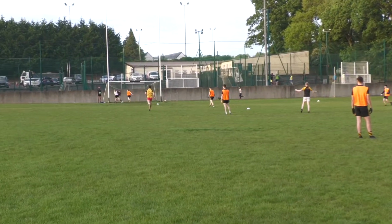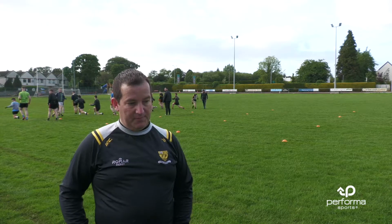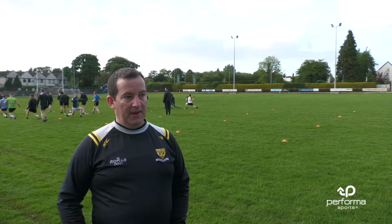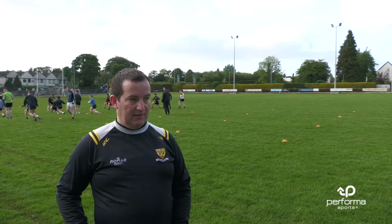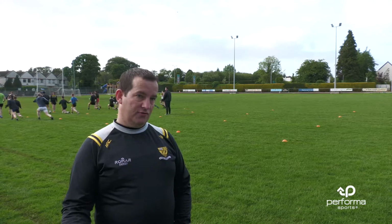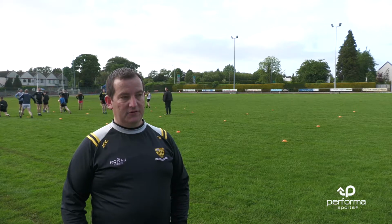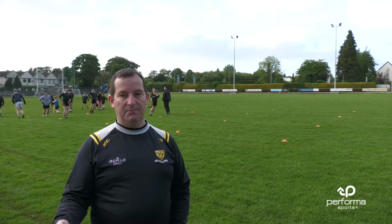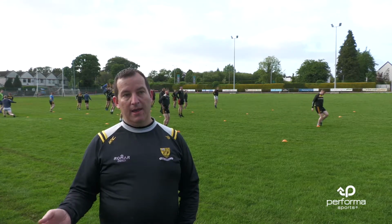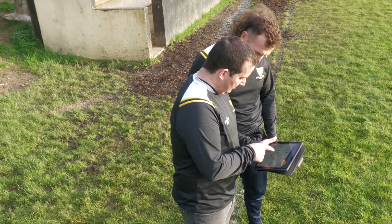So on match day, going back to that, we have a person in the stand live tagging the match. It's synchronised up to the cloud, and if we have a second iPad, we can also have that person tagging or just relaying the stats to management. As the game goes on, if there are consecutive events happening that we want to be aware of, like losing kick-outs short or break loss in a particular part, the app warns us of this